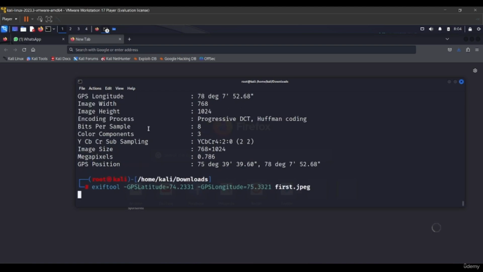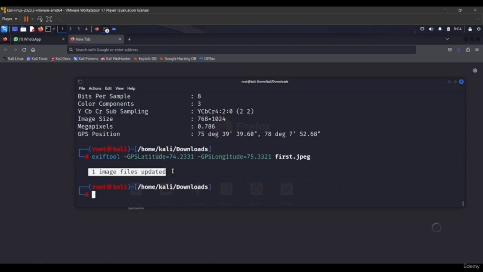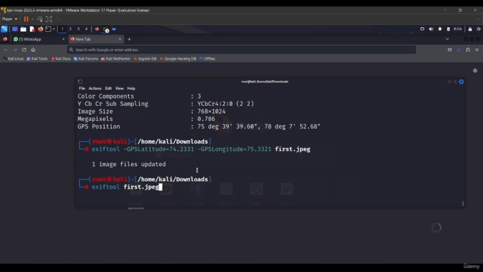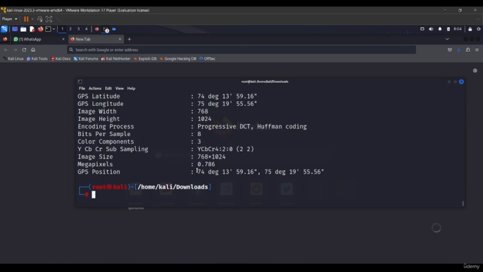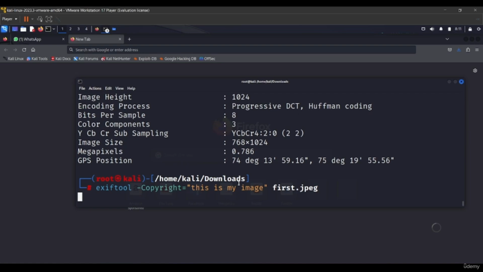So let's update this metadata. And it's showing us one image file is updated. If we again use the same command, exiftool first.jpeg, then it's showing us the updated metadata. So here is another command. If you want to add metadata tags such as a copyright notice, you can use this command: exiftool -copyright,